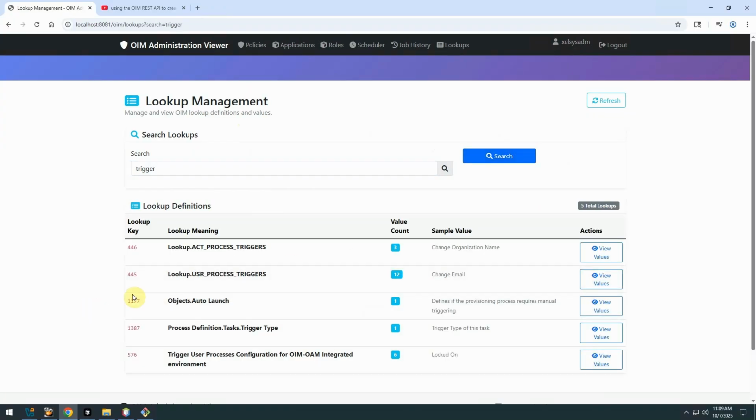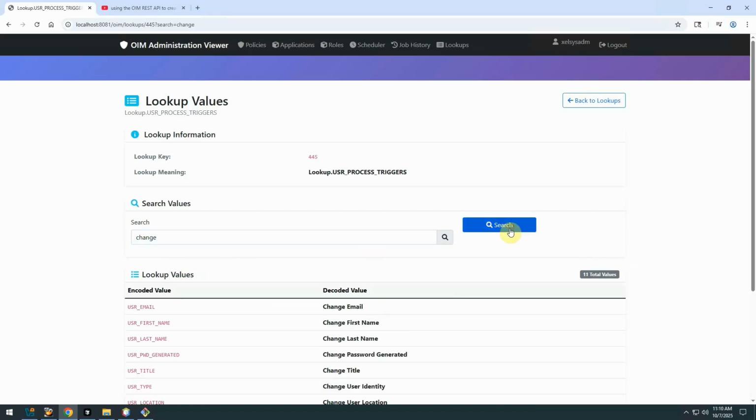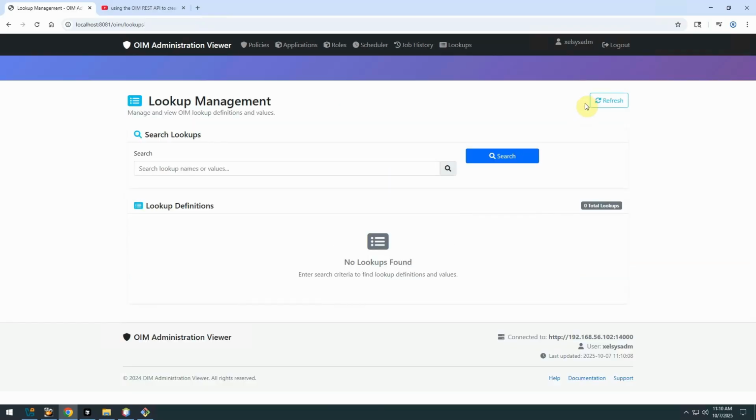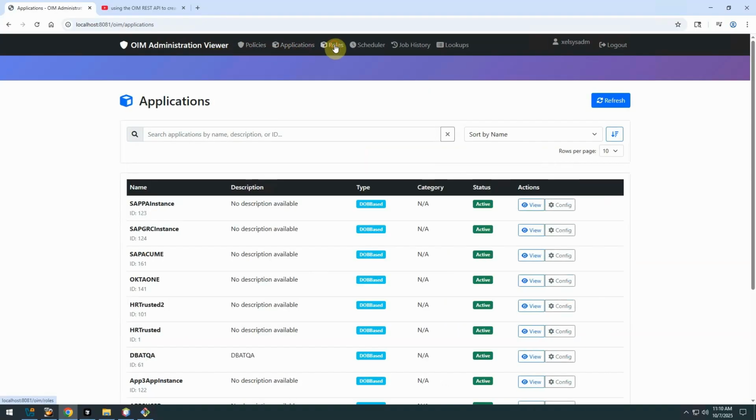So if we find a lookup, we can see the user process trigger. Everything in here is a change value pretty much, so you can see them all this way. So this is what's in the lookup values. Okay, so you can see policies, applications, roles,